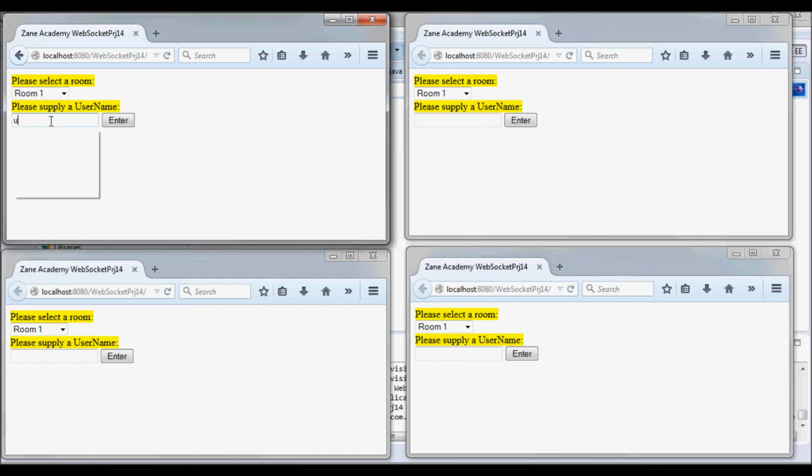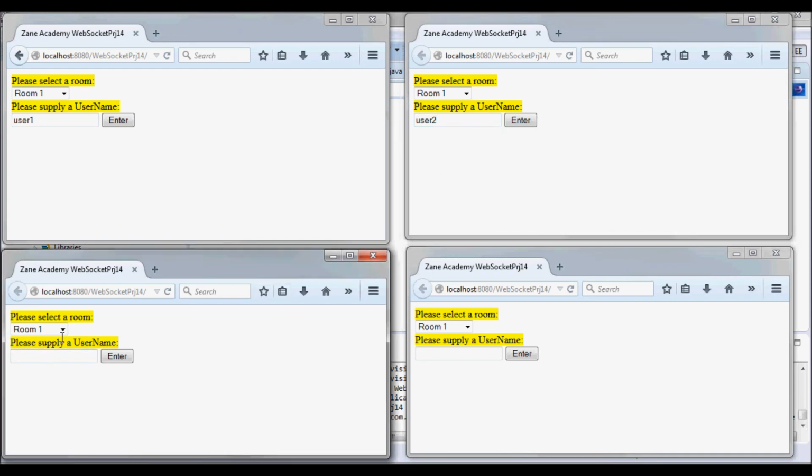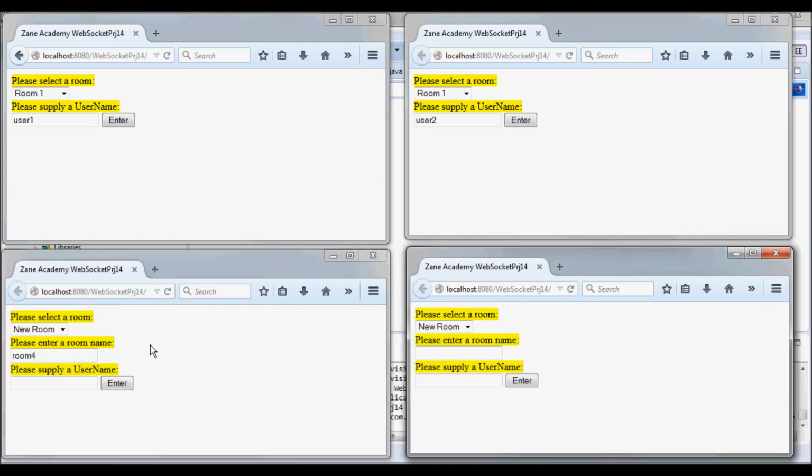And let's say user 1 and user 2, and let's create a new room here, so call it room 4, and let's say those two users, user 3 and user 4, want to use room 4 to communicate, and user 1 and user 2 will use room 1.